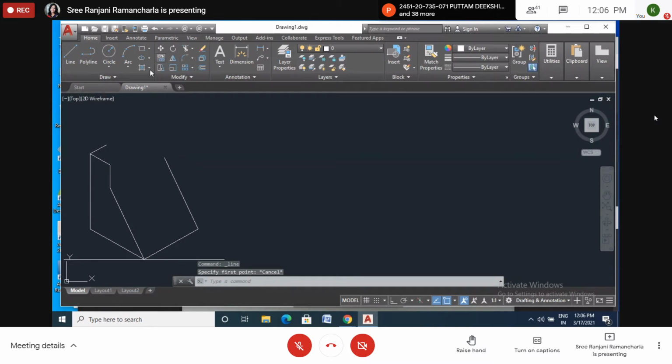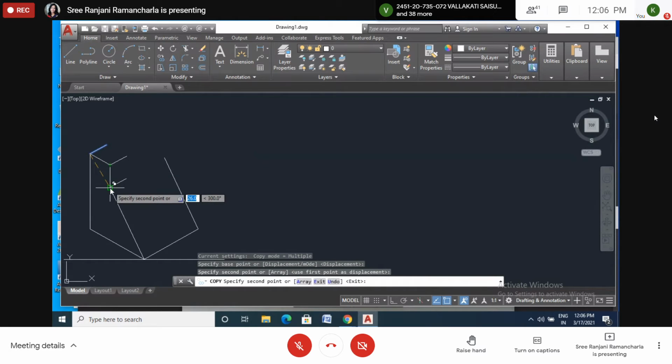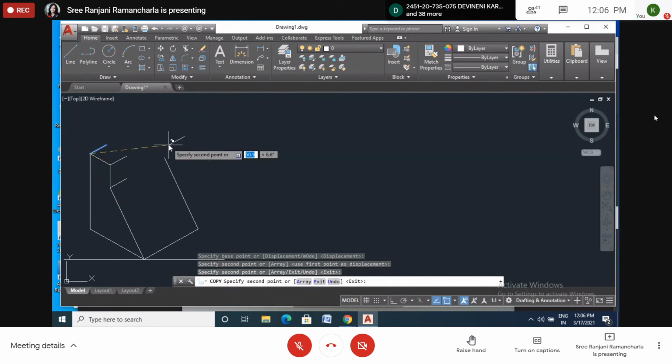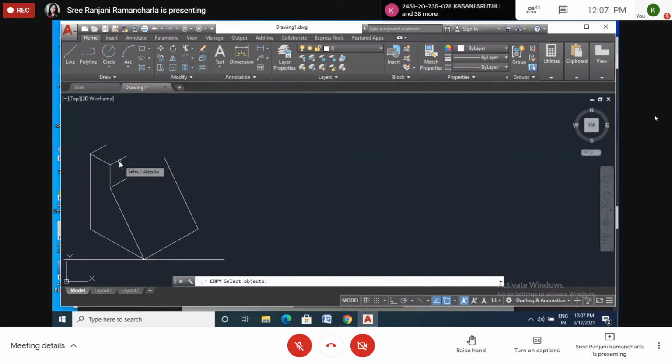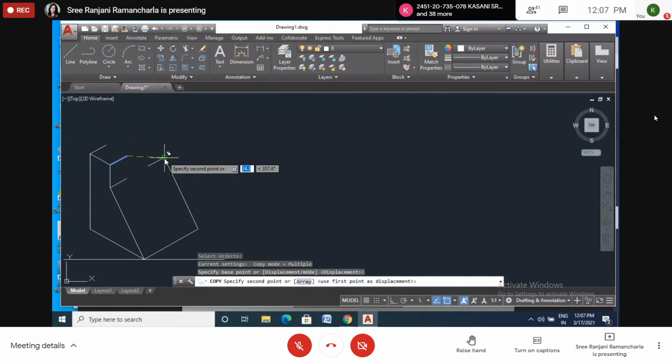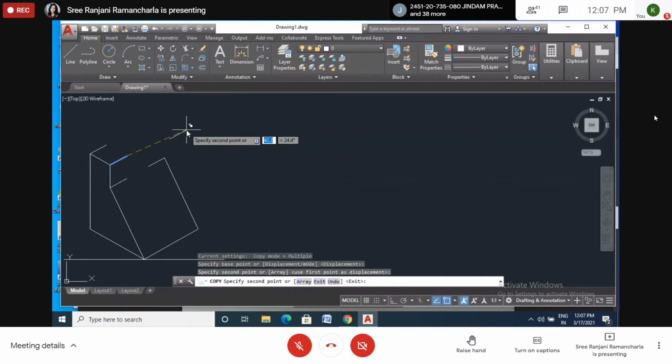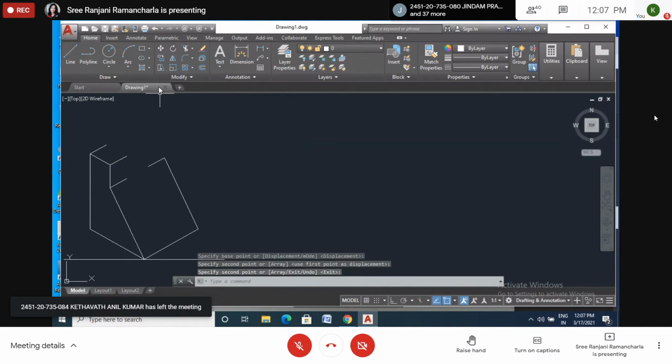Copy. This one I want to copy. This one I take the displacement point here and here. So here also I can take, but displacement point I can't keep exactly at this corner. So I'll change. I want to change again. Copy. So I want to change this as displacement point so that I can plot this one like this. Okay. Then again this one.